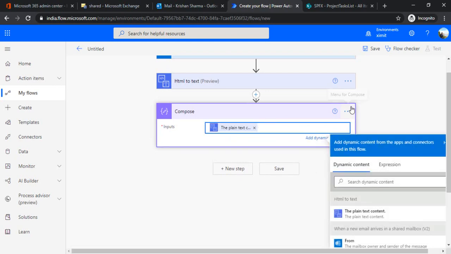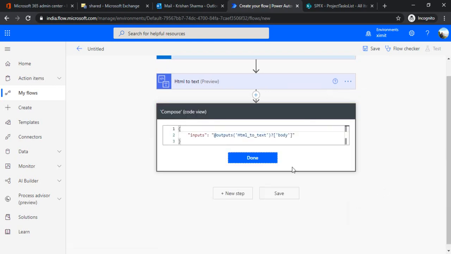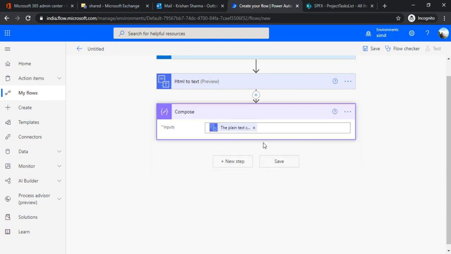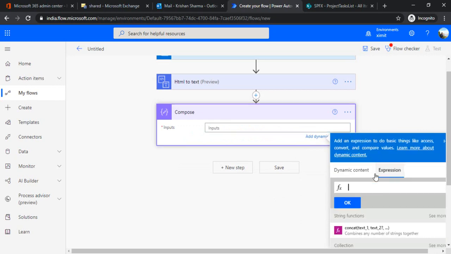So I've just added that, and now you can do peek code so that you can get that field which we'll be using to extract the email. This is just for a test, because I want to extract the actual column name. Now I'm removing it and doing that in an expression now.